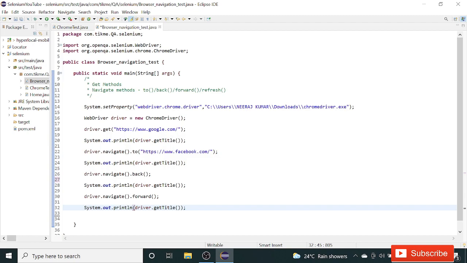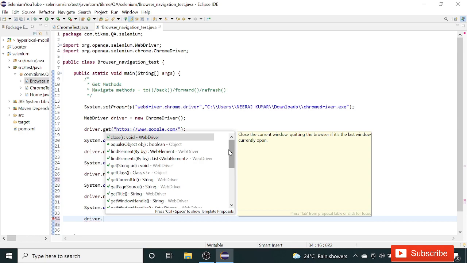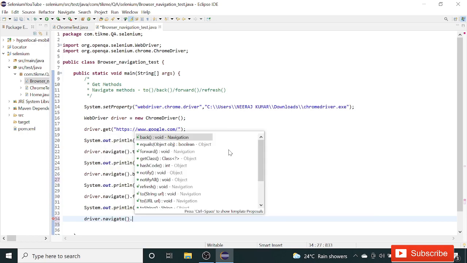Now it will get the title of the page. In the output we can see how the navigation is happening. And for refresh we will use driver.navigate.refresh.